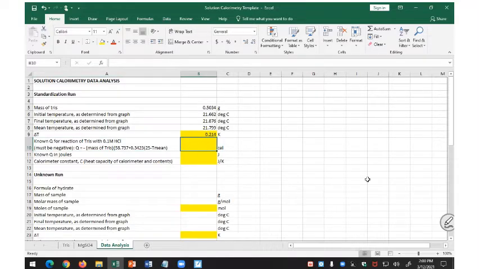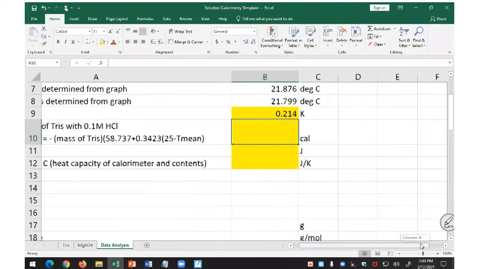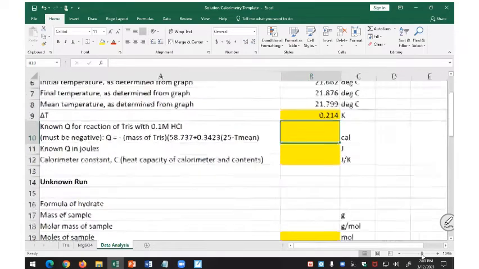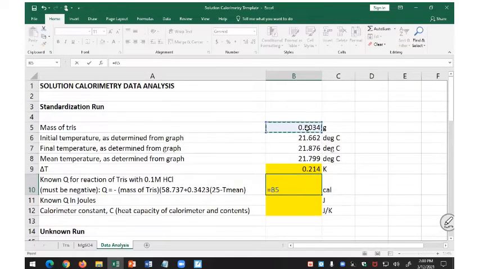So my formula here will be Q equals, let me make it a little smaller, equals mass of trace. Where's my mass of trace? This one? Oh, I put a negative, minus the mass of trace times parenthesis